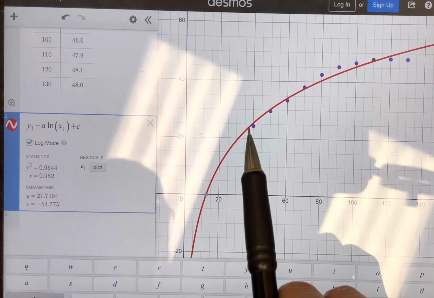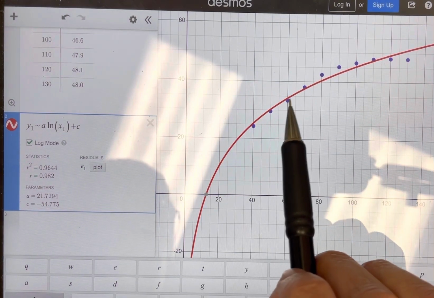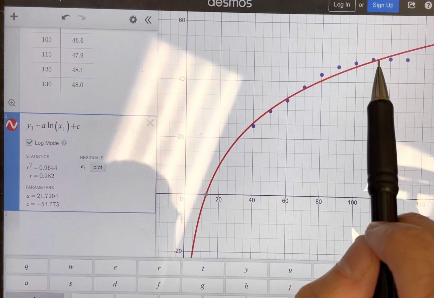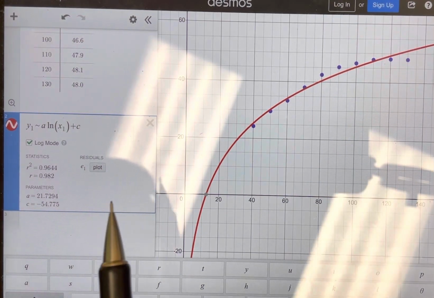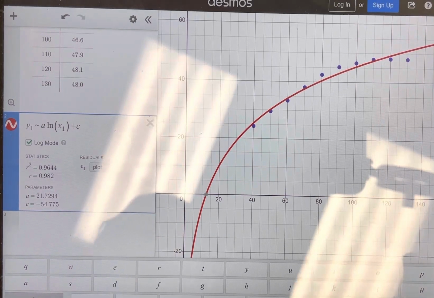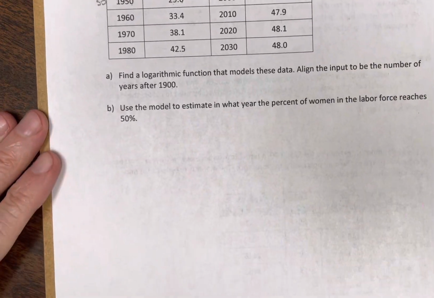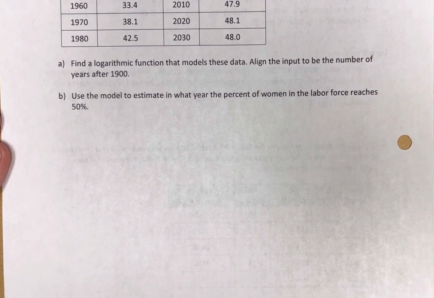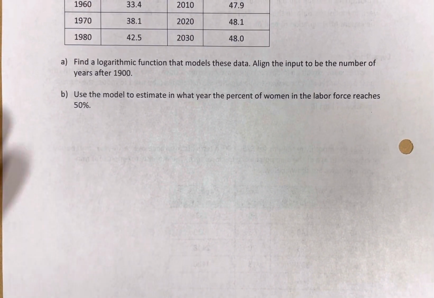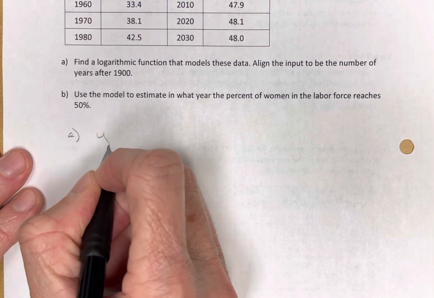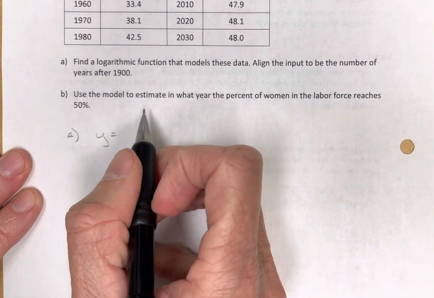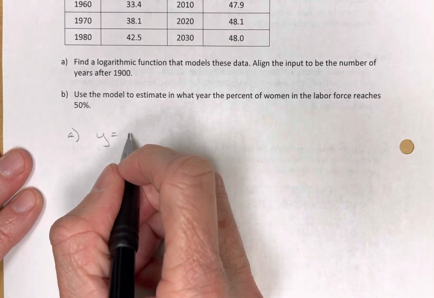Do notice it's a little bit high here. It starts to get a little bit low here, kind of equals, and it gets high again. So it's not perfect, but it's not a bad model. Let's take a look at how it works for us. Okay, so let's see here. Letter A, find a logarithmic function that does it. Okay, so letter A says y is equal to, the A value is